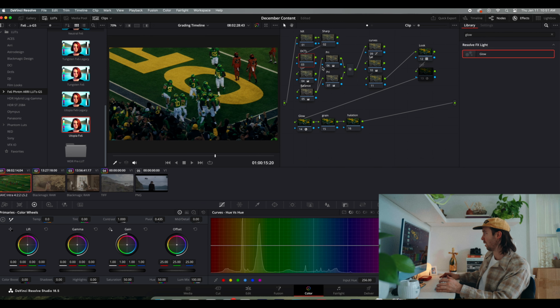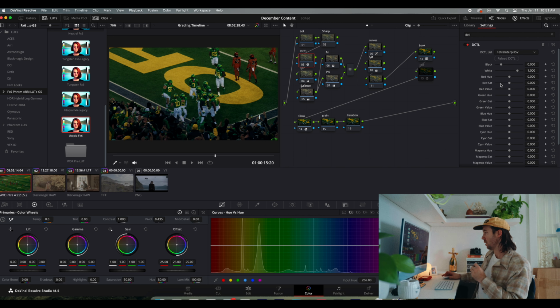And I'm going to finish that with my DCTL. Let's go over to effects and type in DCTL. Let's go over here, and I'm going to select Tetra and Terp HSV. This is my favorite one to work with. So green value, you can immediately see what this is doing. I really like to use my